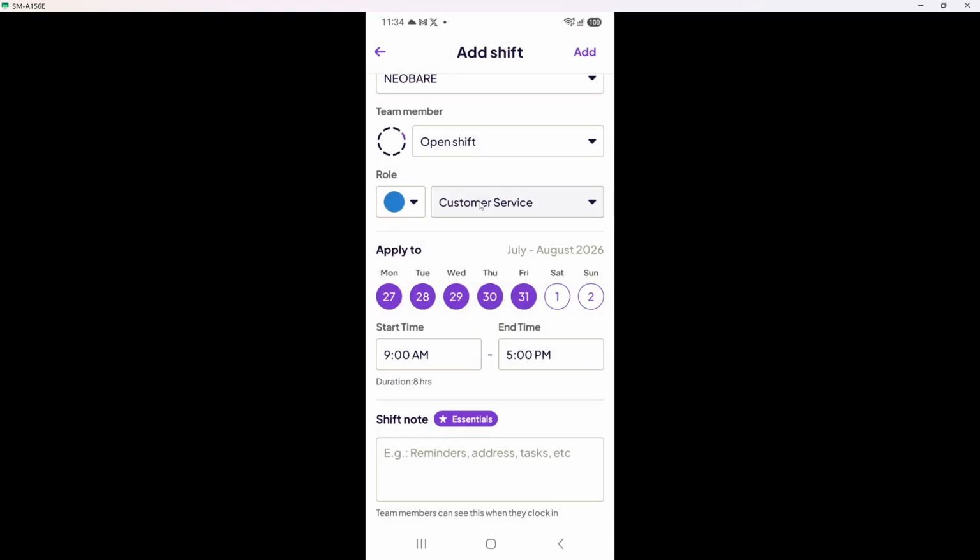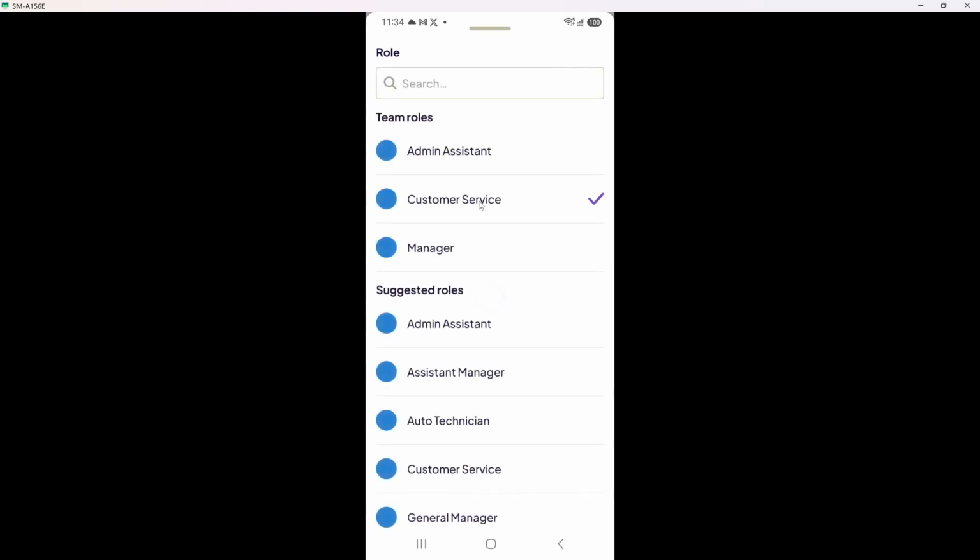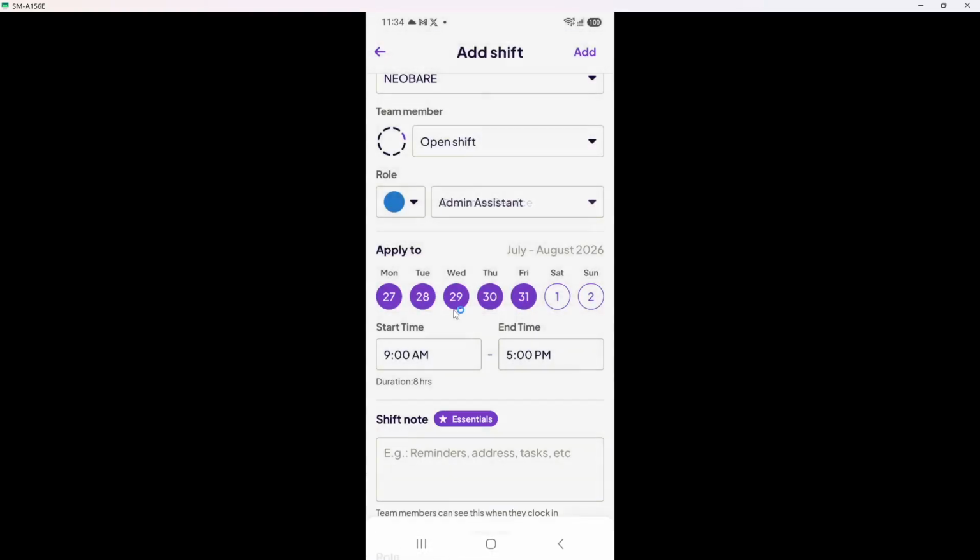With everything filled out, click Save. The shift box will now appear on the schedule grid for that employee and day, showing the times and often the role. If something looks off, you can still click the shift again to edit it before publishing.